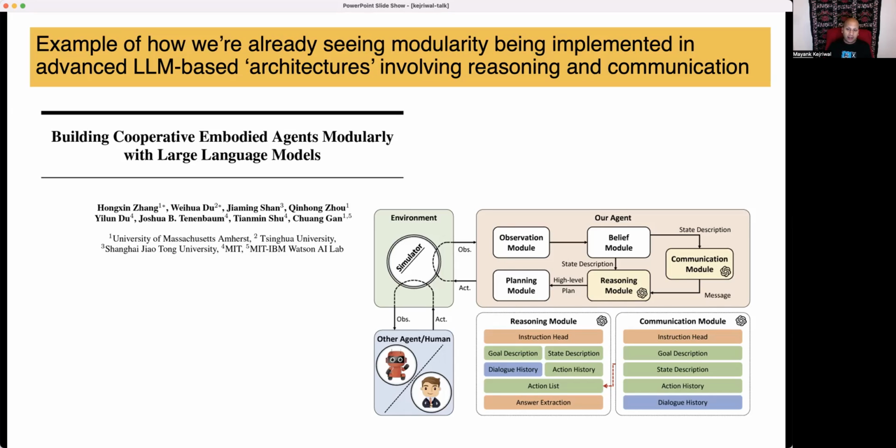However, we have not yet started to see modularity applied to understand language models. What can language models do? What's the cognition behind language models? We're not seeing something like a massively modular model for language models. So our hope is that that's coming in the next year, because to us, it seems very evident that language models do have a modular structure.